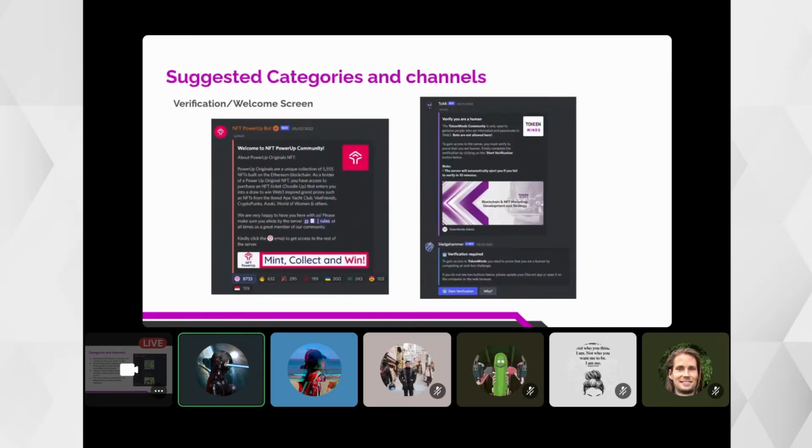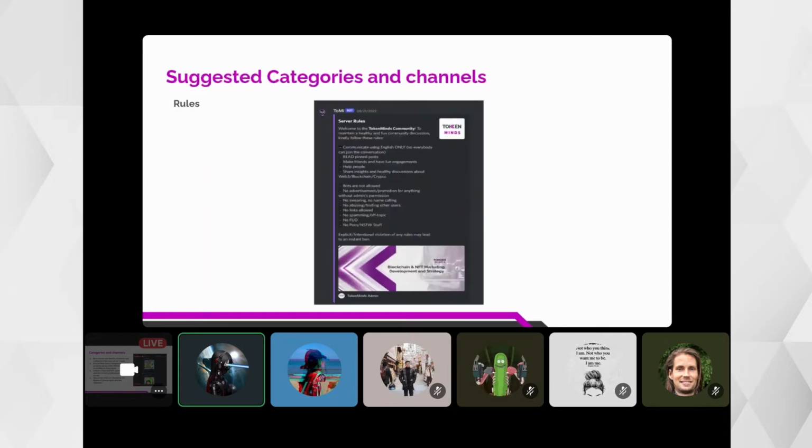Okay, so why do we do a verification? Basically, just to avoid any bots coming in. Okay, so this is the first security gate for our server, because for some servers you can observe that if you come into the server, there is someone already sending you a DM. It can send you some spam links, scams, and some sort of fraud. So just to avoid this, we do not want automated bots sending these messages. So we do not want them to come into the server in the first place. So this is how we have the first defense, but we still have more, which I'll discuss later.